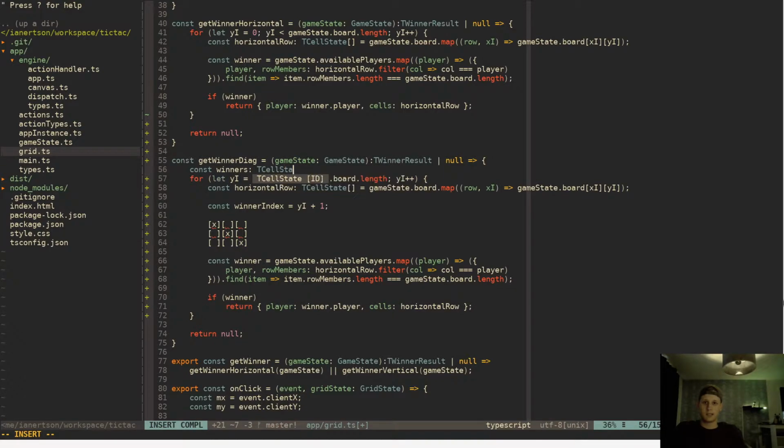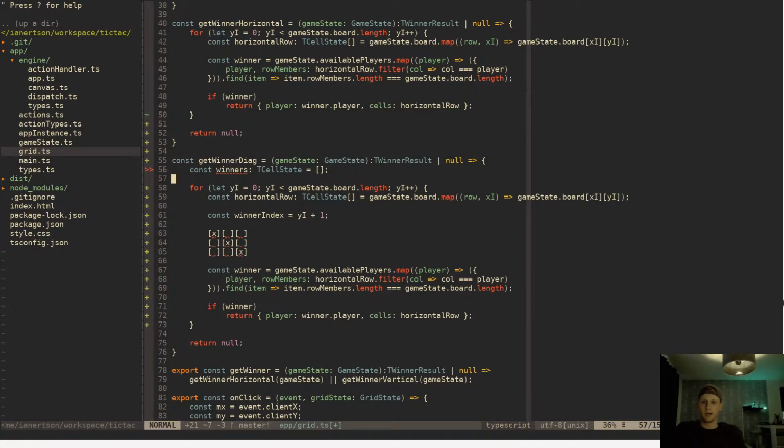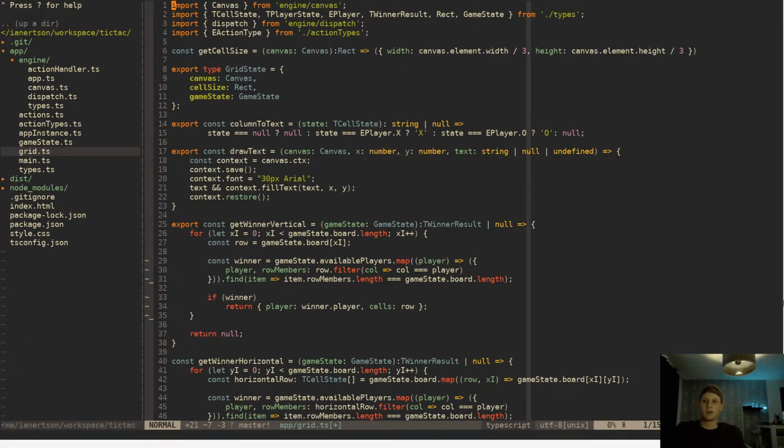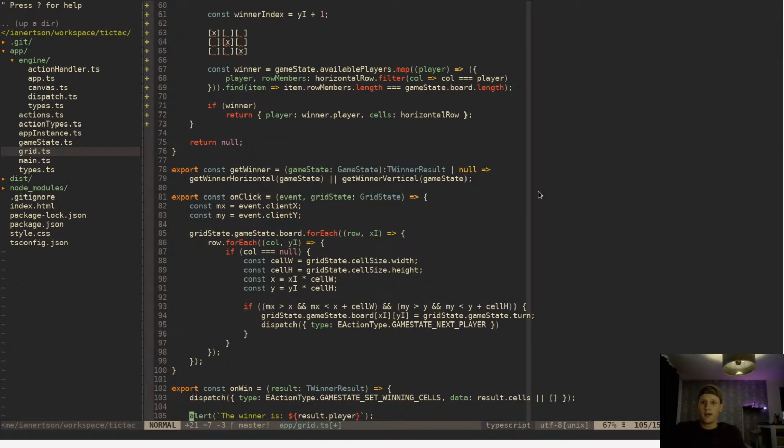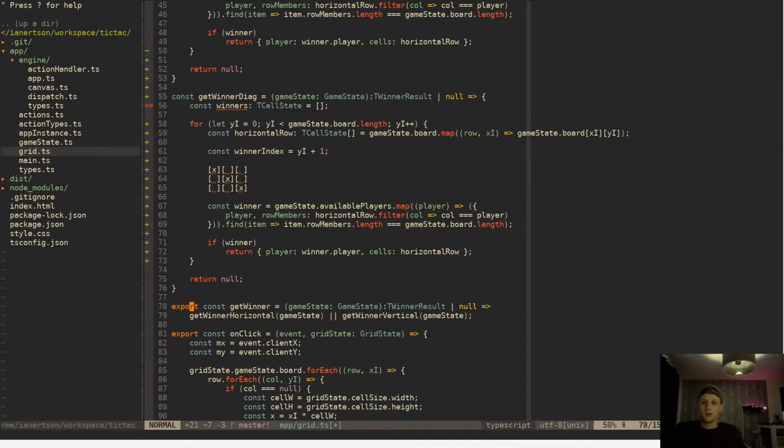T cell state is equal to that, T cell state, T player state, right? Yeah, that's what we want. That's what we want. And we would do